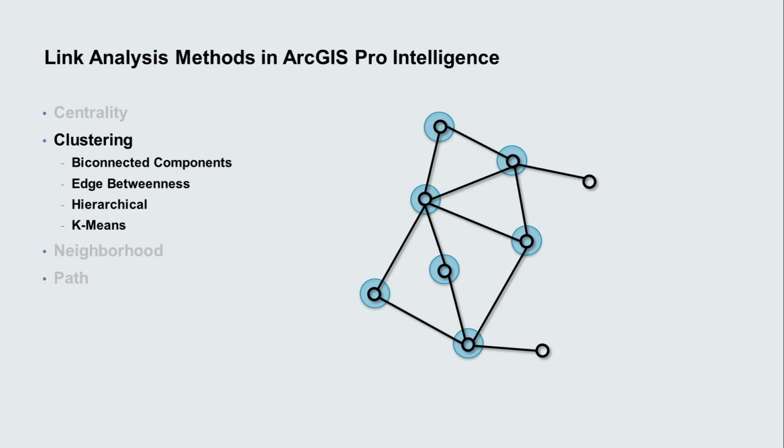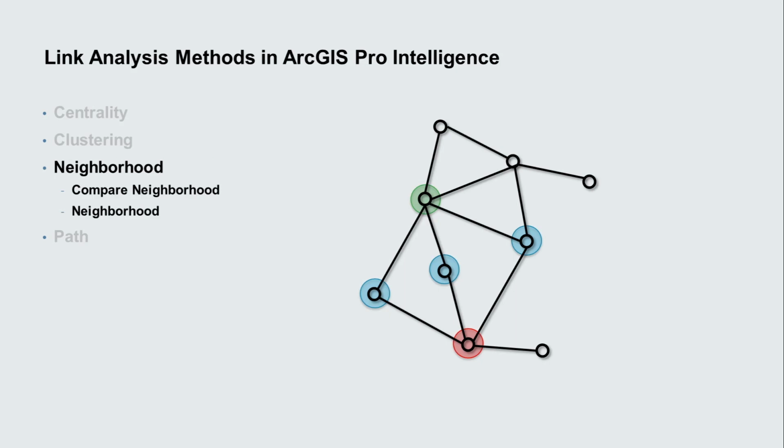Edge betweenness uses the links, edge being another term for a link or relationship, to measure the connectedness of components. The method runs through the network, removing each link at a time and returning the highest quality clusters. Hierarchical clustering uses a bottom-up approach in which each node starts out as its own cluster, and pairs of clusters are identified as the method moves up the hierarchy. And lastly, k-means partitions the network into clusters by minimizing the distance, or the number of hops, from the centroid